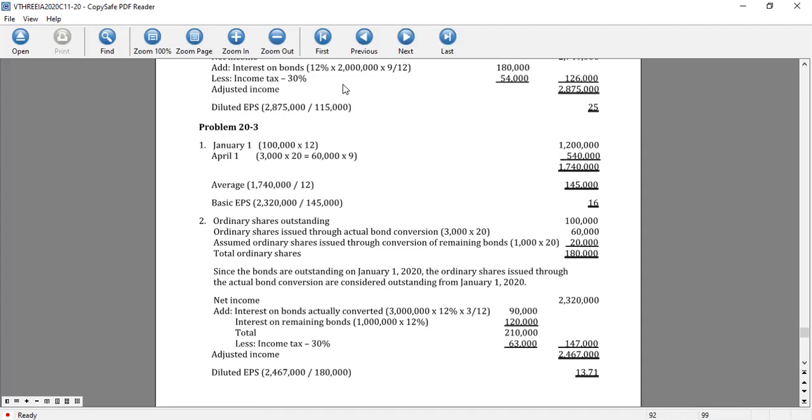So 120,000 added to 90,000, total is 210,000. We deduct the income tax of 30%. So we have now the interest net of tax of 147,000,